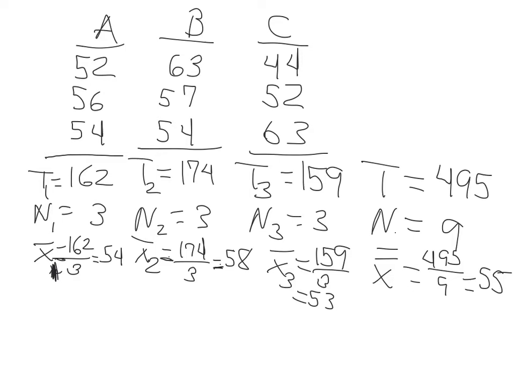Now, the next thing I'm going to do is get square values of each observation. So I'm going to take 52 squared plus 56 squared plus 54 squared. I'm just going to call that x1 squared. It's actually the total from the row. So 52 squared plus 56 squared plus 54 squared is equal to 8756. And then the second one, if I take 63 squared plus 57 squared plus 54 squared,